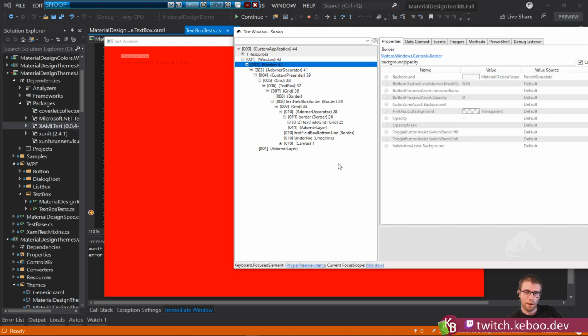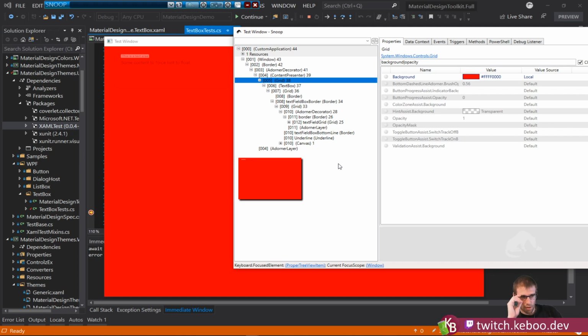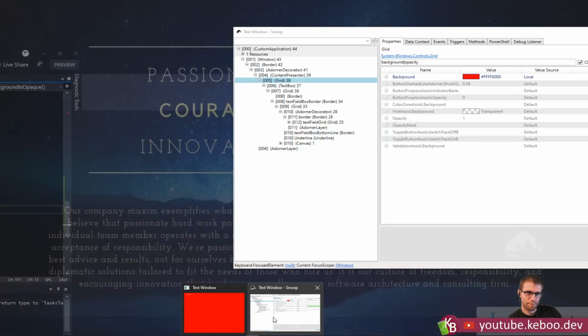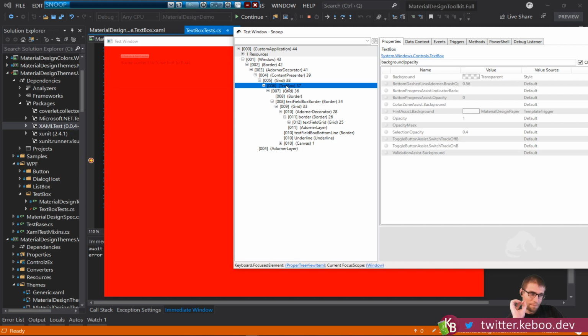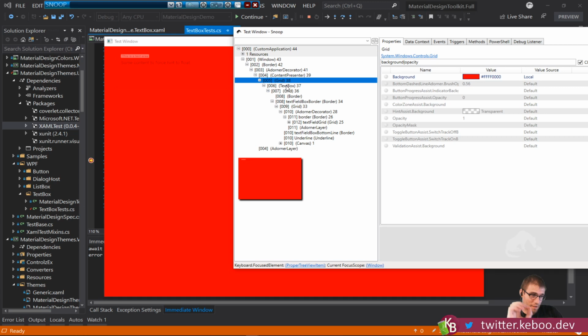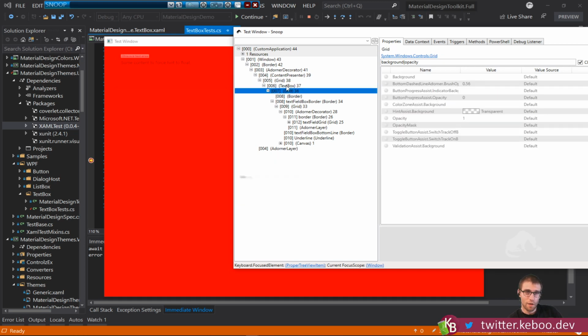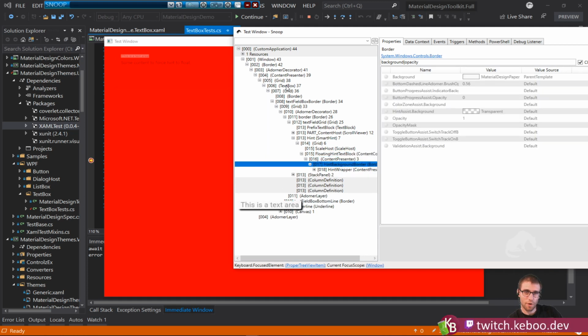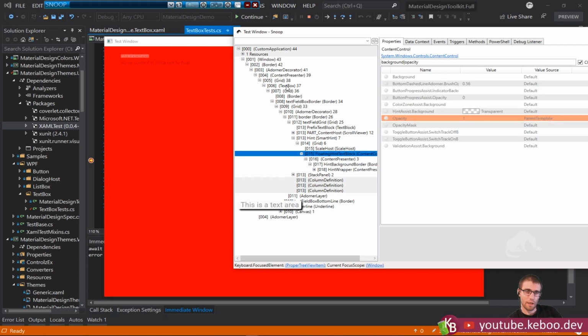So I'm a little curious where the background is. We aren't getting all the way to the grid, right? So if we look at foo, foo is clearly giving us red, which makes sense, right? If we look at the effective color of the text box, we're getting red because its parent grid gets red. So it does appropriately apply that. So the only material design paper that it could be picking up is from inside of here, right? So it has to be picking up this brush here, which makes sense that that would get set to paper, right? It's picking up that background, and as it's walking up the tree,